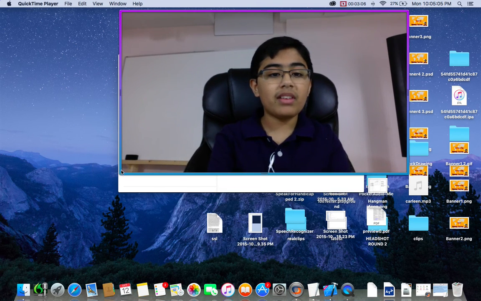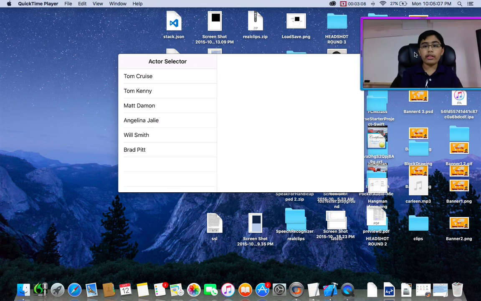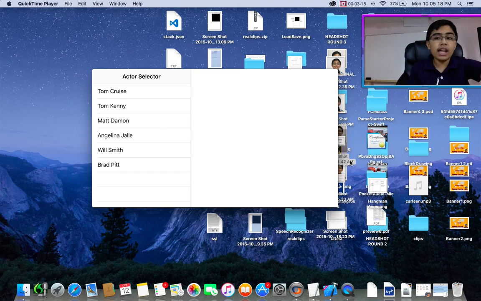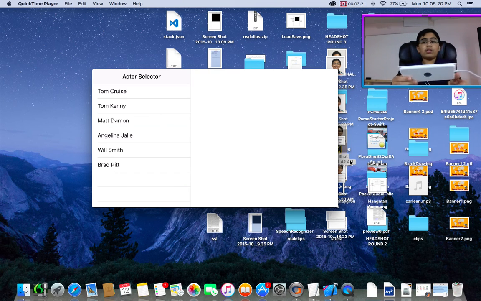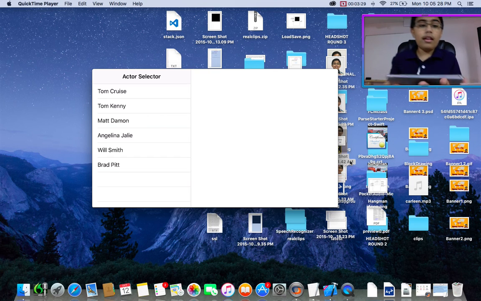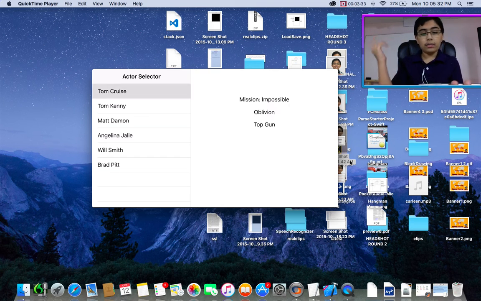and now if I make my face smaller and move it out of the way, we can see that this is the app that we're going to end up making. Actually, I'm going to be explaining to you. So as you can see, we have an actor selector on the side, but what does this actor selector really do? Well, actually, let me just do this. There. So now, let's just click on an actor like Tom Cruise, and then we get 3 movies he was